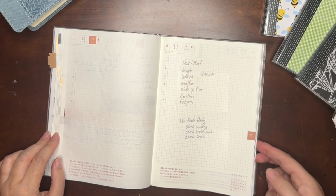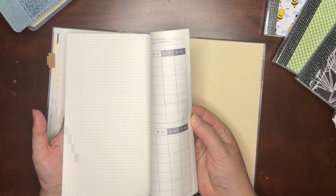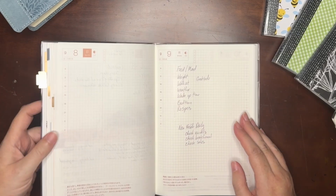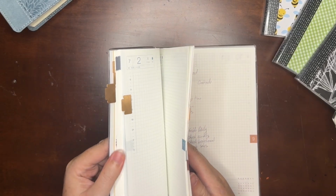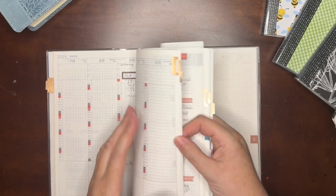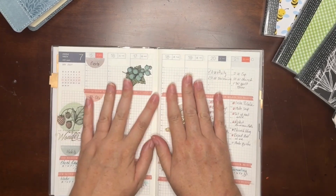So that is pretty much it, and I'm going to hopefully be happy in this planner till the end of the year. I think I will be. I think I figured out a way that it's going to work for me, even though at first initially I was very intimidated by how much room there is in this planner. I think I'm going to enjoy